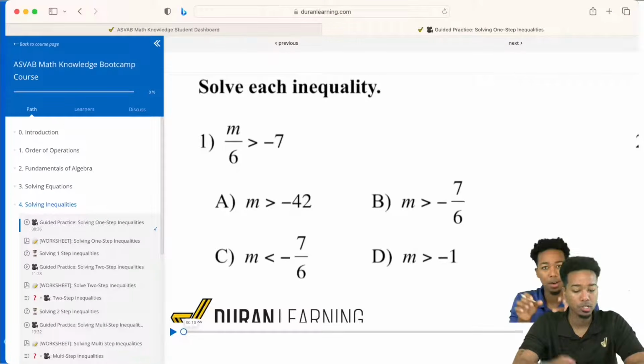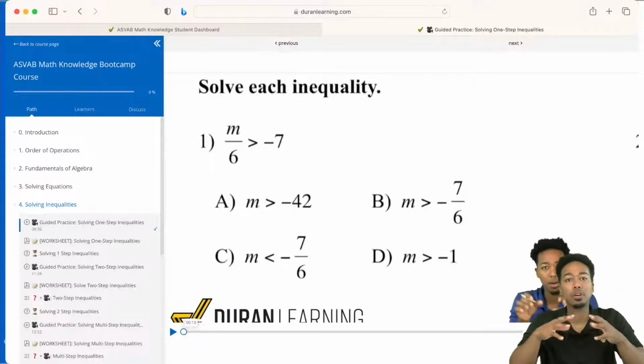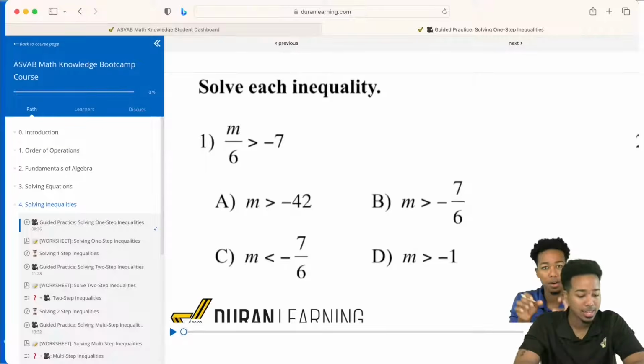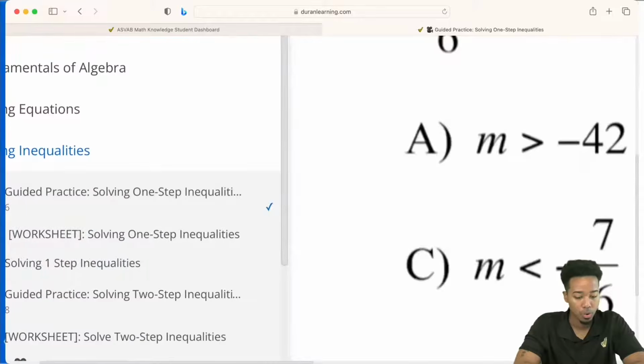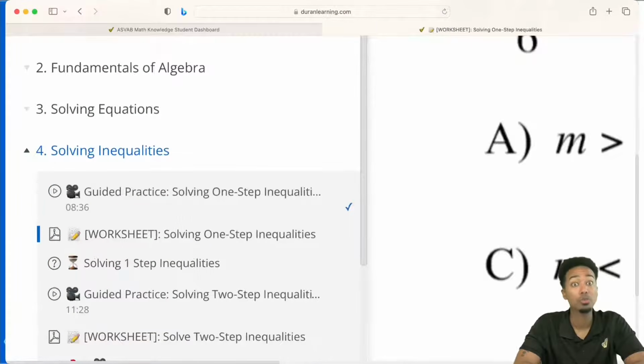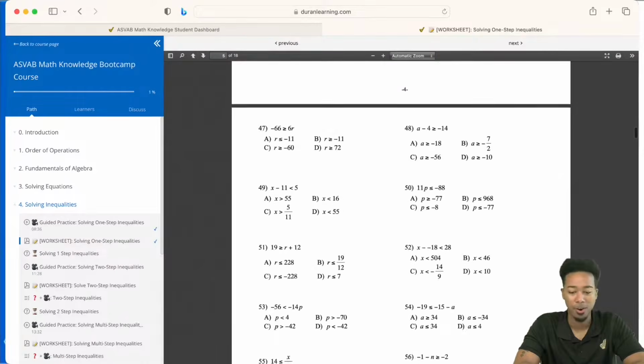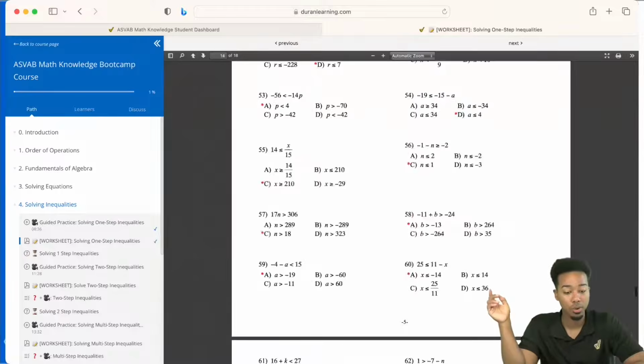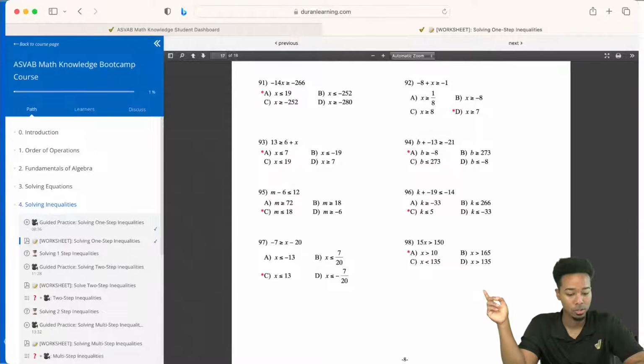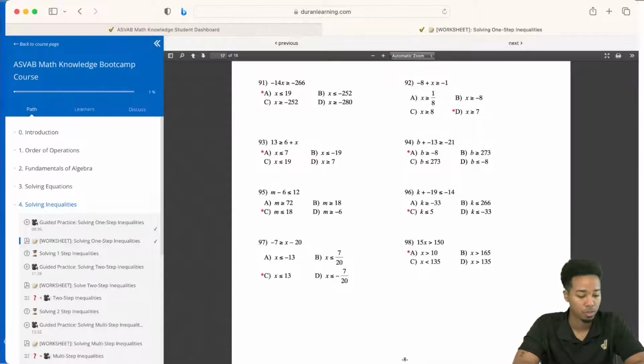This is pretty much a worksheet that I go through with you hand in hand. Then you have the option of going through a worksheet on your own that you can print or download, and you can try all these problems out on your own. All the answers are located at the end, so you'll see the questions with the answers shown to you.